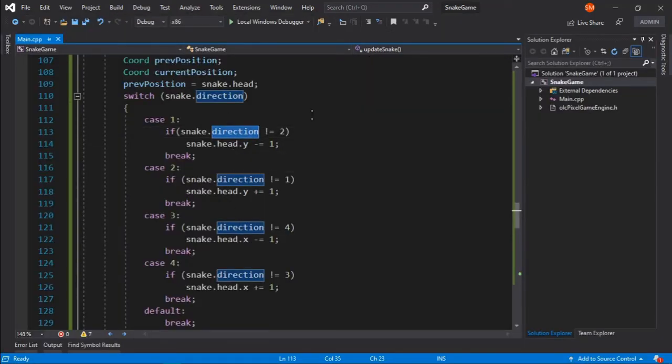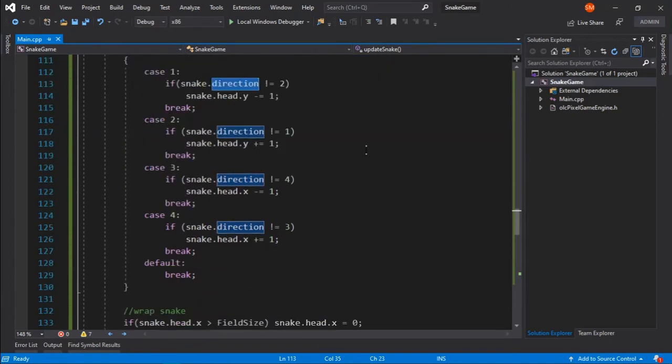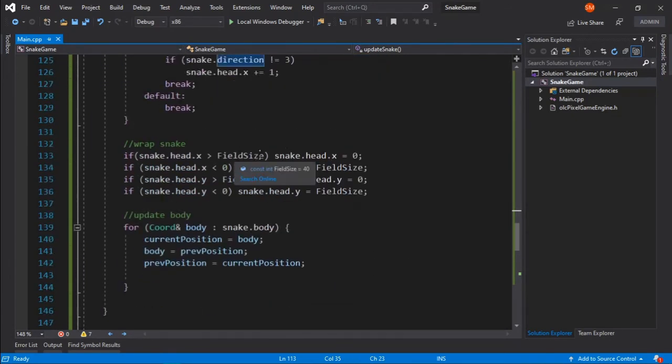The first thing is that there is still a little problem here, because whenever it's less than 0 I am setting it to field size, but ideally I should set it to field size - 1, I guess. So what I want to do is also check this for field size - 1.